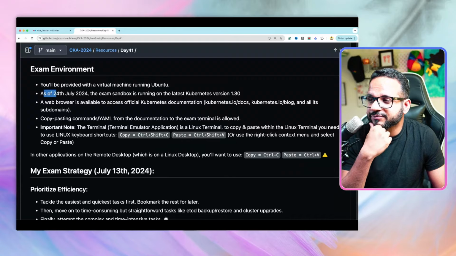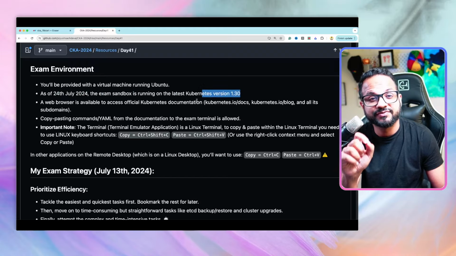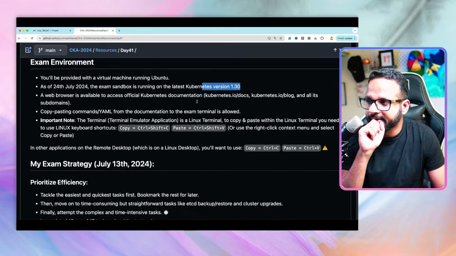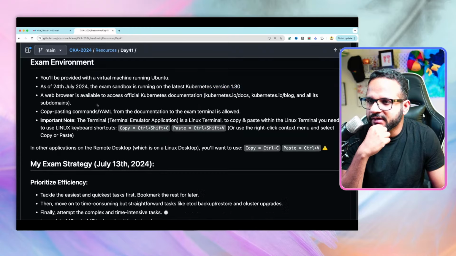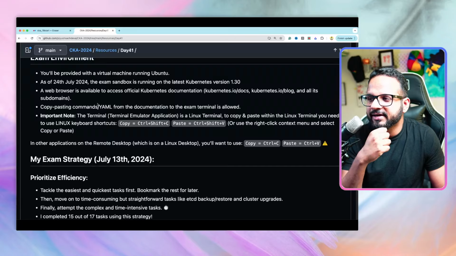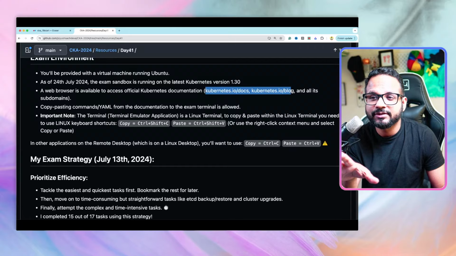Right? And as of July 24, 2024, the exam sandbox is running on the latest Kubernetes version, which is 1.30. Okay, so make sure you do all the practice in this particular version. Then, as I've said, the web browser is available to access within the exam sandbox, and access to these two